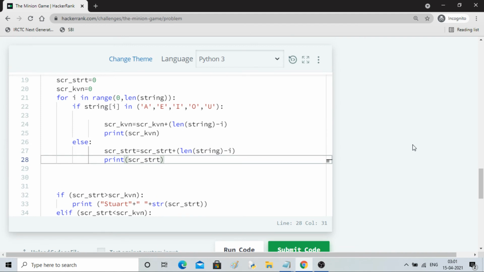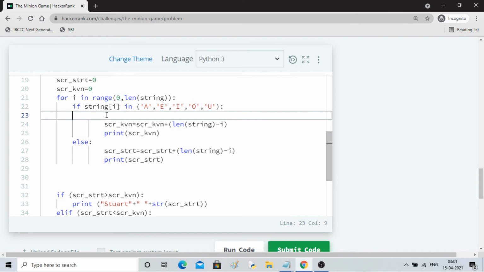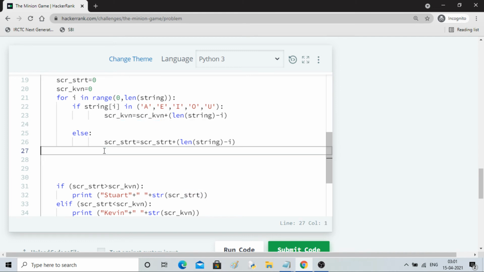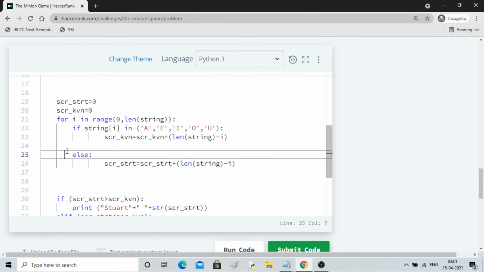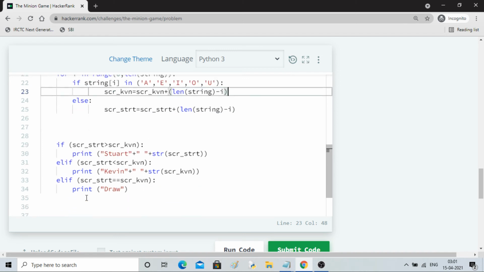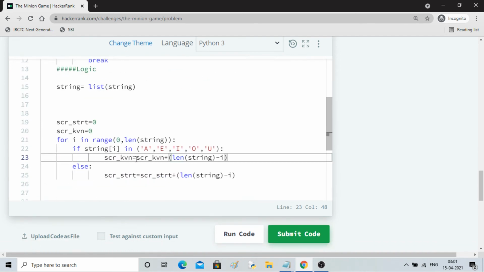Okay, so this is a better version. You are only using one for loop and you are able to get the score. See that you can remove this, you can remove this. This is the computationally better code. Just you are calculating the scores, finally you check and declare.